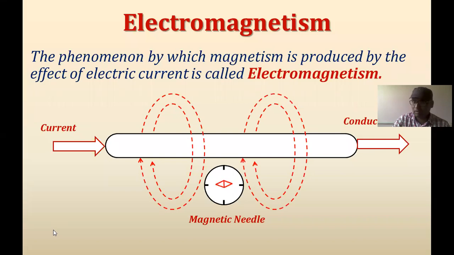Get it my point? Otherwise somebody might be thinking that a magnetic field is not visible, then how can we say that when the current is flowing through the conductor, the magnetic field is generated? This was the Oersted experiment. Due to this magnetic needle, we can prove that the magnetic field is generated along the length of that conductor. Is it clear? Yes or no?